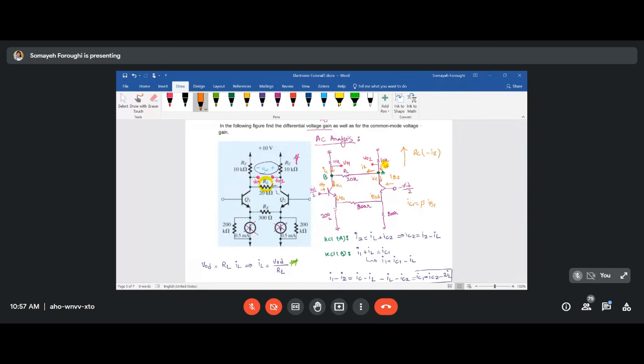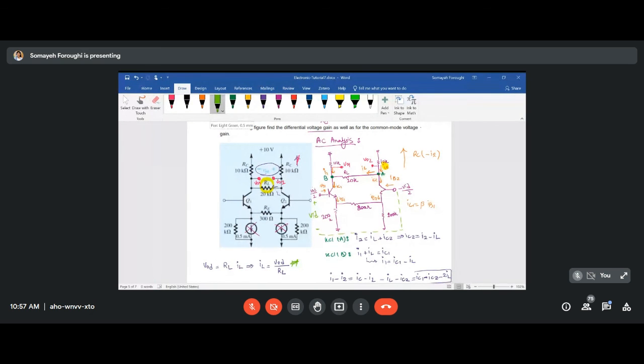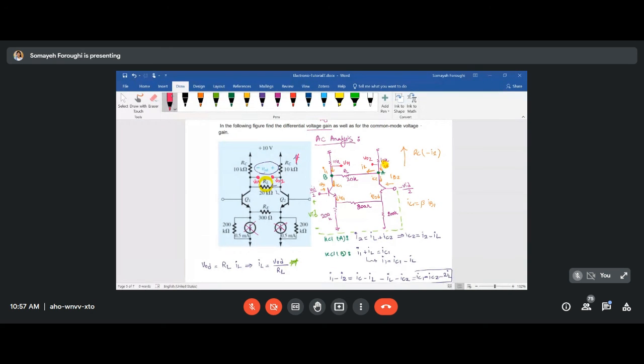If you look at this circuit, the same way we used to look at the circuits, if you imagine that here you only have the ID, and now you're looking at the circuit from the base